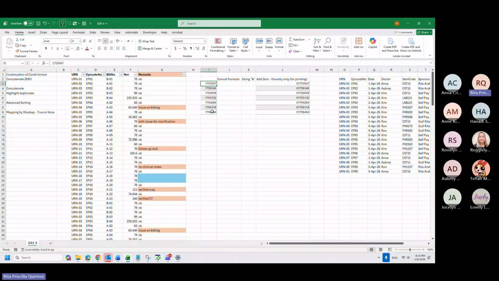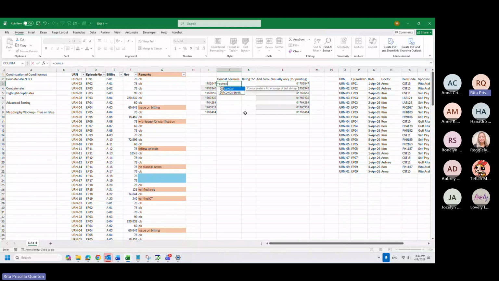We do this especially during virtual discharge. On virtual discharge, we have around 400 patients that we need to select and paste in the insurance workbench. Unfortunately, our insurance workbench right now does not accept any MR number without the zero at the beginning. So what we can do here is use the concatenate formula.